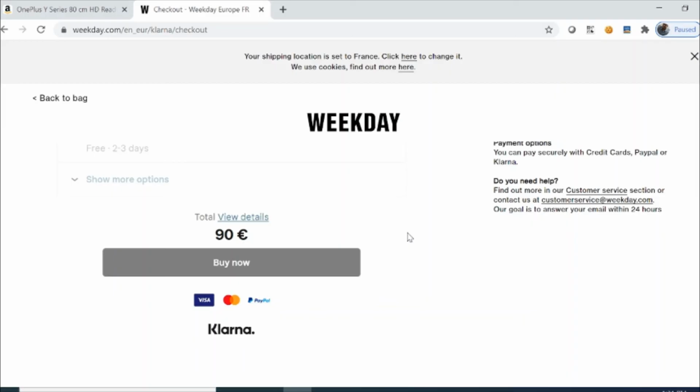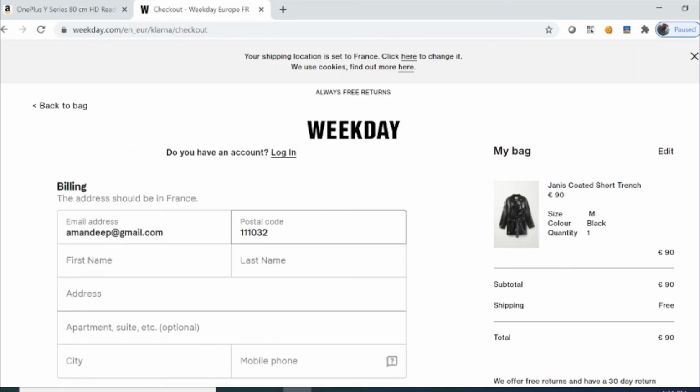So there you get multiple options to buy that product. Let's see, let's complete it.